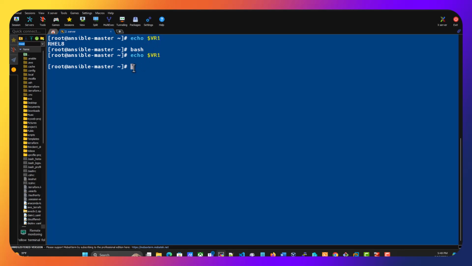So we have created a local variable, and we can make it an environment variable by exporting it. So I can do export v_1. Now if I echo the value of v_1, okay, I did the export in the other shell, so I need to exit out of it. Okay, I just exited. Now let me export that value again,